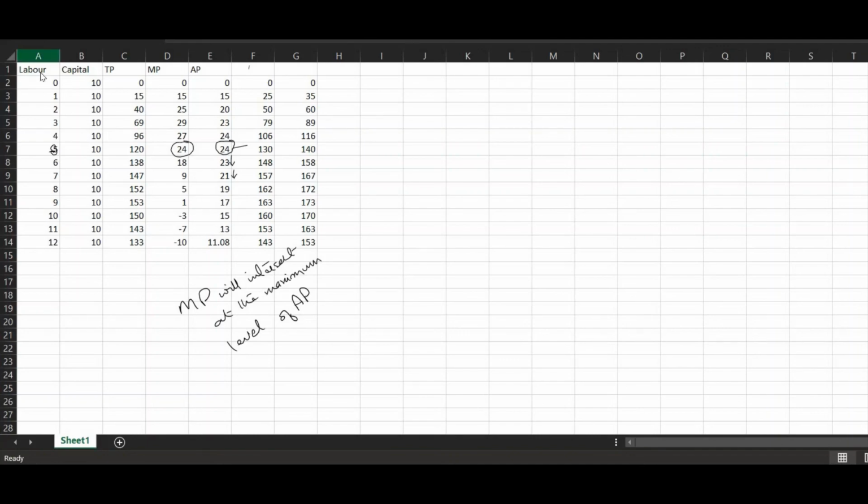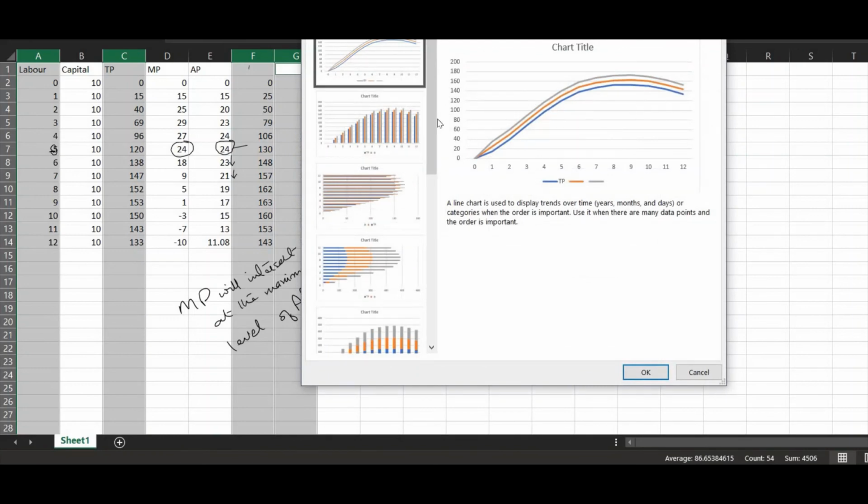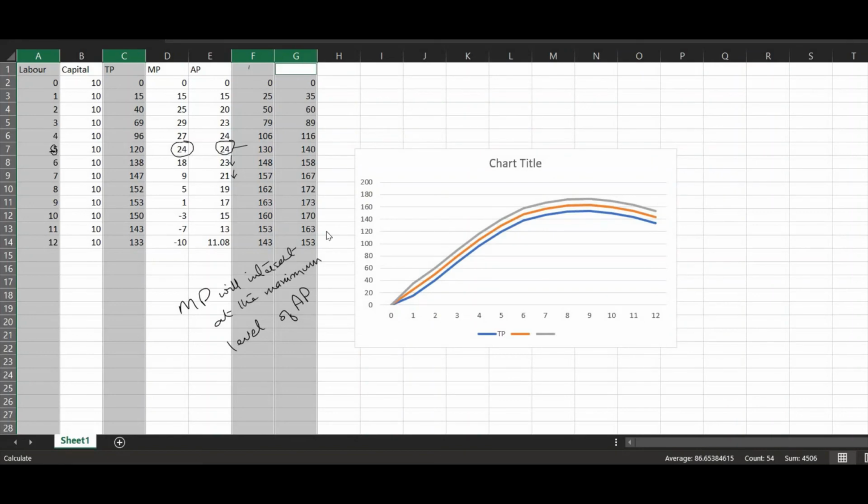So what we were saying is that, for example, here we have labor and this is the total production. Then the productivity of the labor has increased. Again, the productivity of labor has increased. And now the total production will look like this. So here again, what is happening? Okay, so if we want to